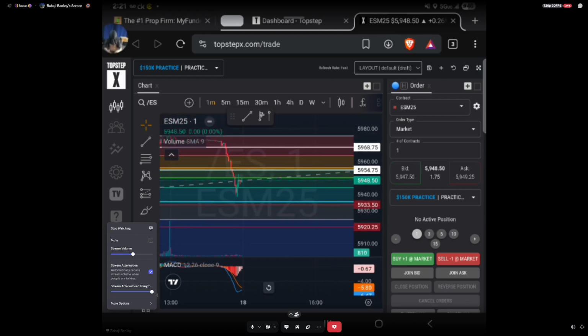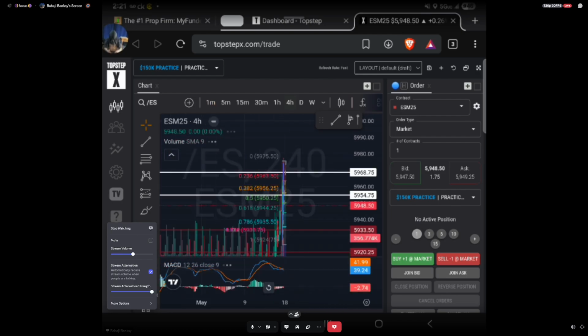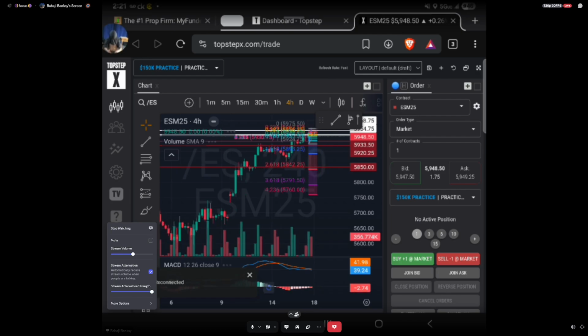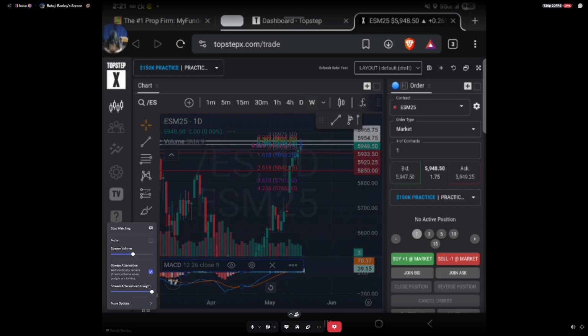So when trading, there's a lot of things you have to do because you're trying to get down to this 1 minute candle. So you have to do a quick analysis on the day, the week. With April, there was tariffs, so there's a lot of movement.